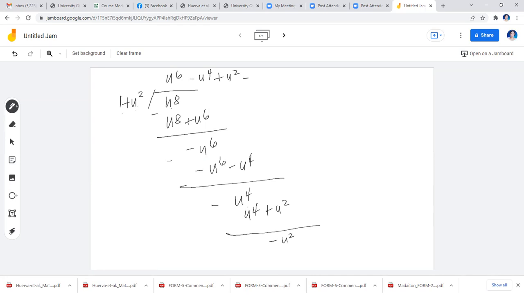So this is negative 1. Then multiply, you have negative u squared minus 1. So the one that you have here is the remainder. So when you write your answer later, it should be u raised to 6 minus u raised to 4 plus u squared minus 1 plus 1 over 1 plus u squared. That is the integral equivalent of u raised to 8 divided by the quantity 1 plus u squared. Okay? So if we go back to our slides,